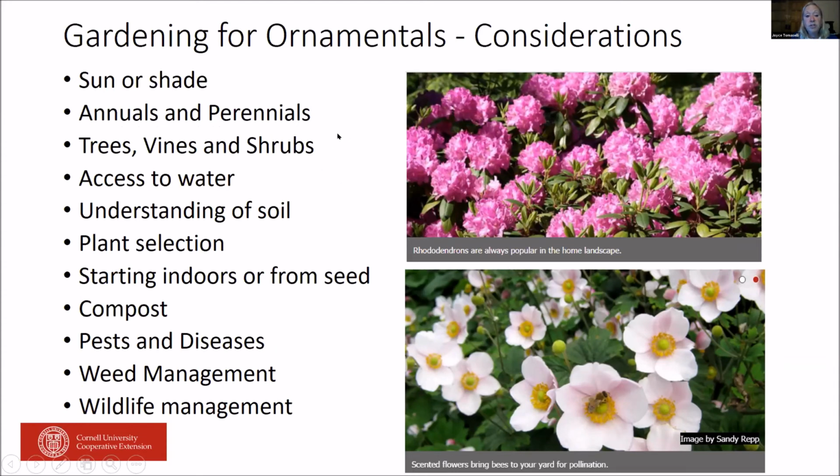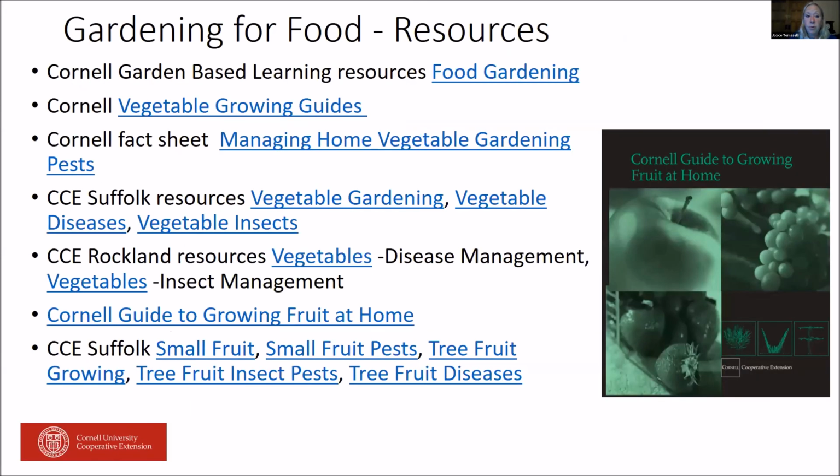You need to know how to choose them, how to plant them. You still have to have all the rest of the aspects on water, soil selection, compost, diseases. You don't have as much harvest. So knowing that and understanding that is really important for when you are trying to manage your land and manage